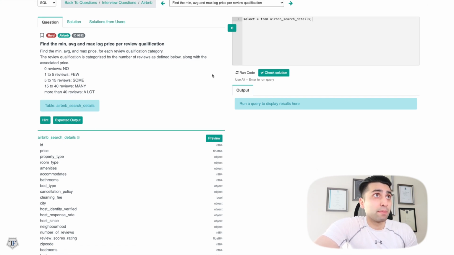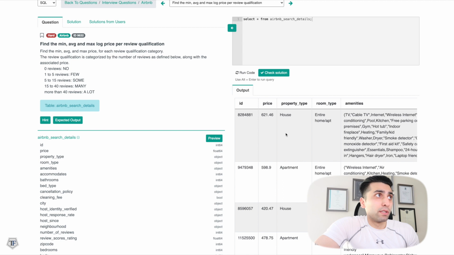So these are the column names before I actually start drawing them down into separate pieces. If I run this code, which is select star on the table, we're looking at min, average and max price for each review qualification category. And in this case, the max, min and average price for qualification category is the category that we have to